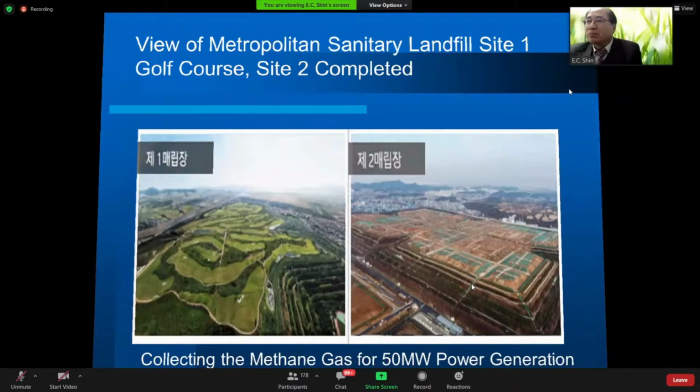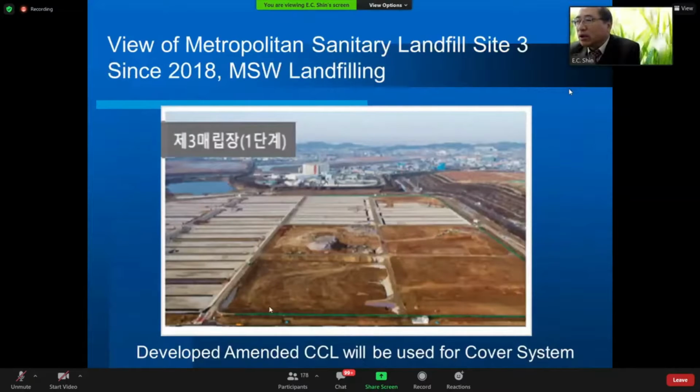And number 3-1, this is now landfilling. This completed the bottom liner system, and we are filling the garbage here. And one of my former students has worked for this landfill site since 2018. So we want to use